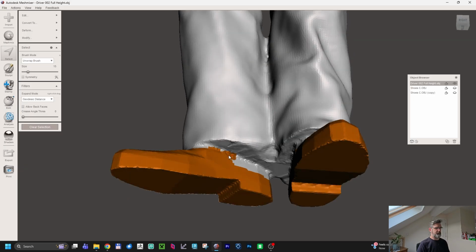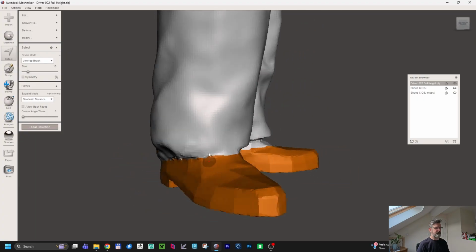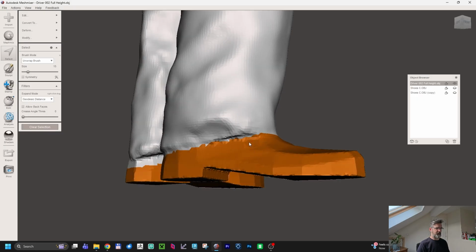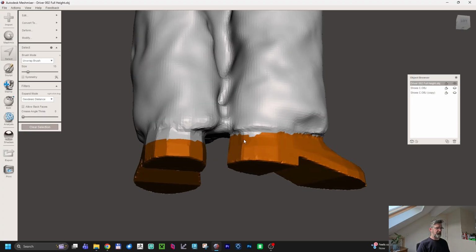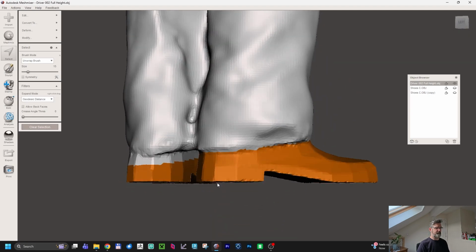Now, you don't have to be super accurate with this, but the more accurate you are, the better. Again, just take your time to familiarize yourself with these different techniques, especially if you've not come from a 3D background or a computer background or anything like that. It can seem a little bit technical at times, but honestly, once you've done this two or three times, you kind of understand how these things work and how